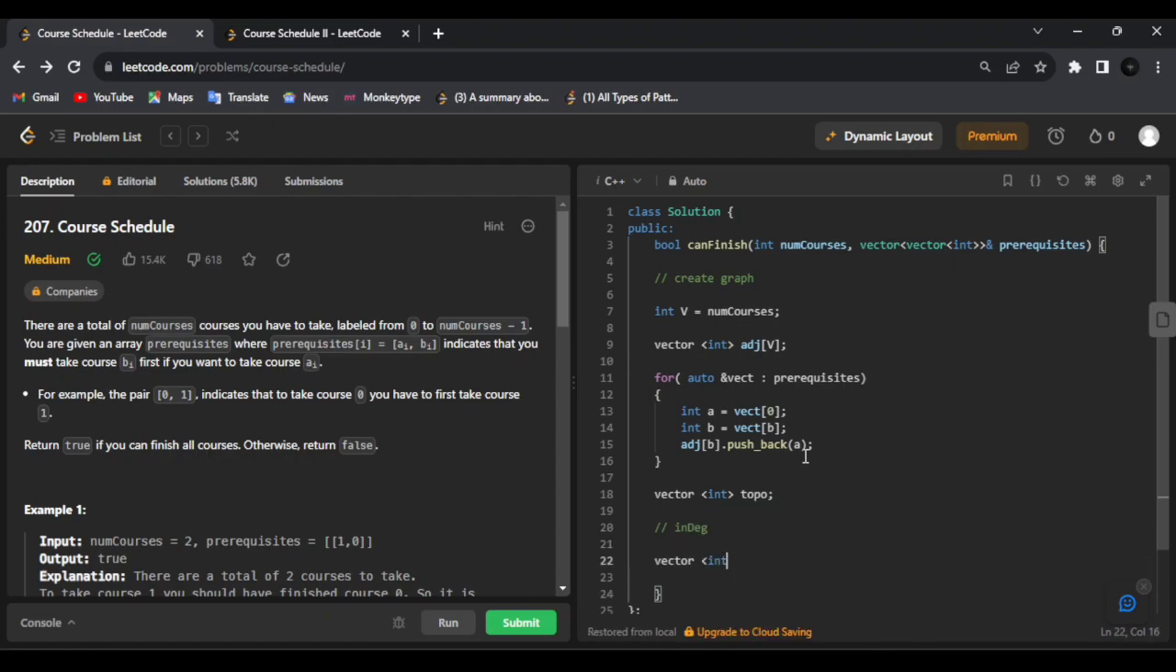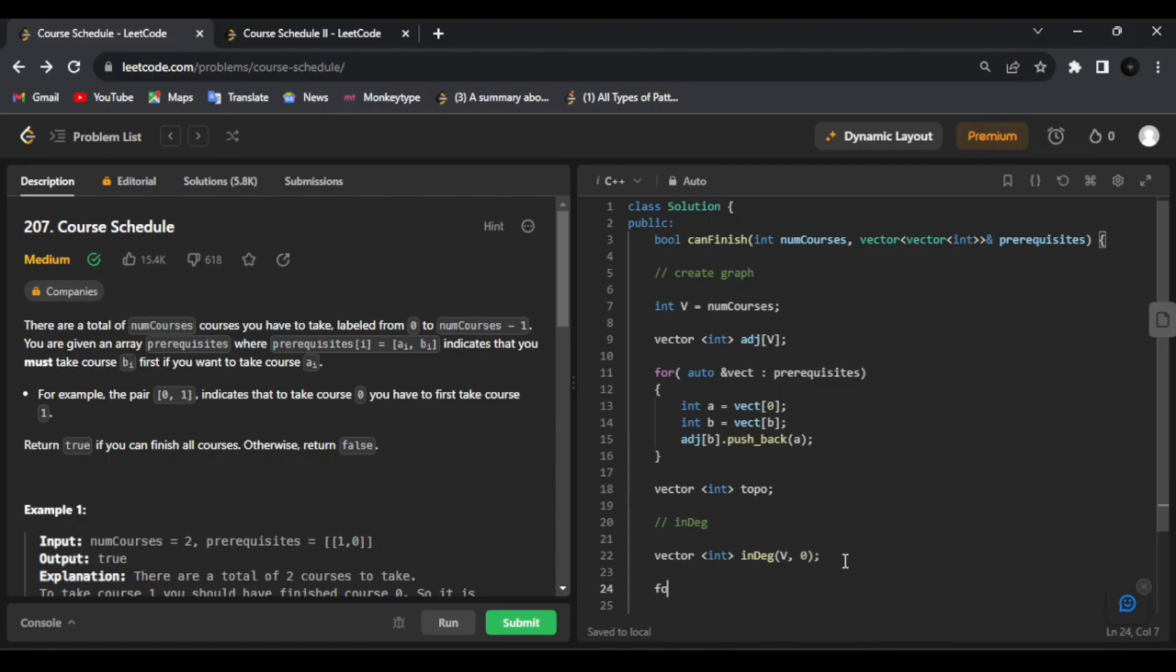So let's create a vector, and I will name this in degree, and this in degree will contain the in degree of all the vertices that are present in the graph. In degree is basically the number of incoming edges towards a particular vertex. So that value will be stored in this in degree array for all the vertices present in the graph. For calculating the in degree, I will traverse this given graph,